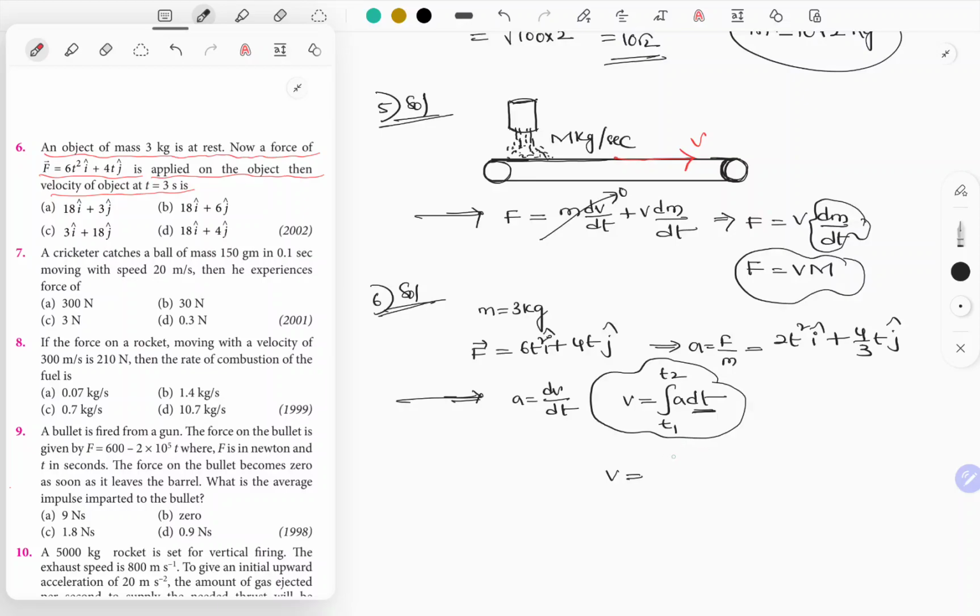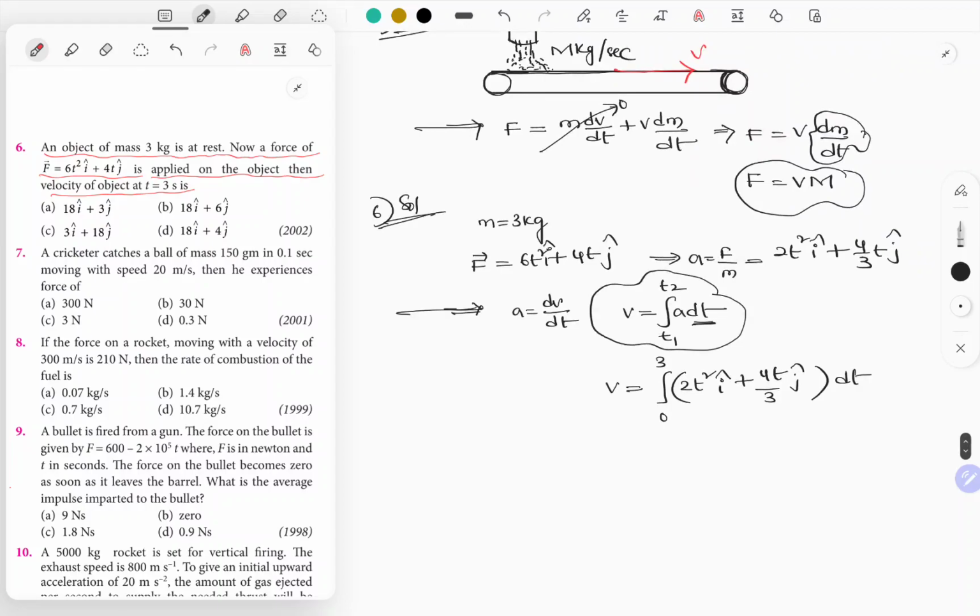The integral from 0 to 3 seconds of acceleration 2t² i cap plus (4t/3) j cap into dt. Integrating, 2t² gives 2t³ by 3, limits from 0 to 3, i cap. Next, 4 by 3 into t² by 2, limits from 0 to 3,